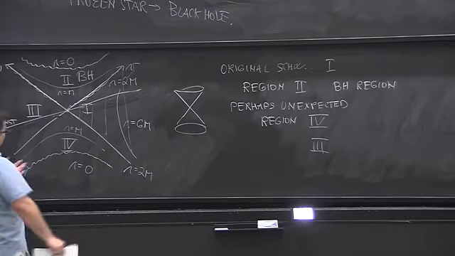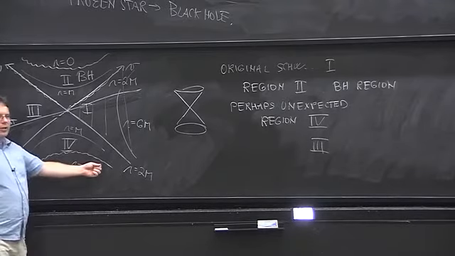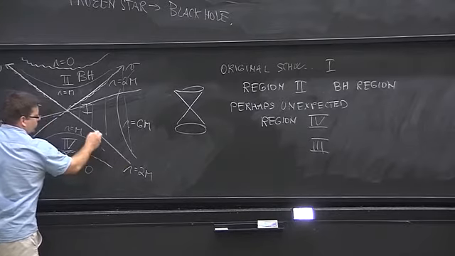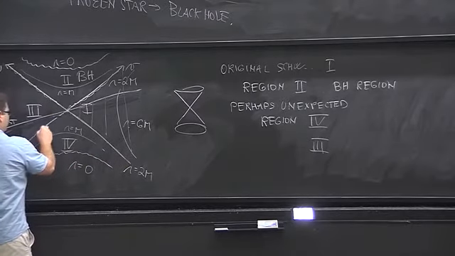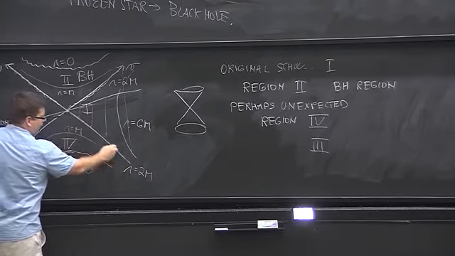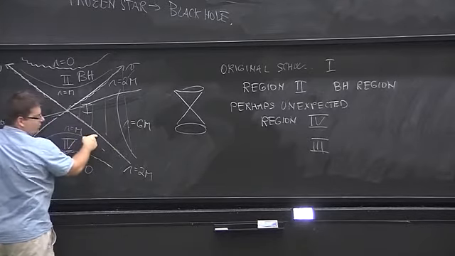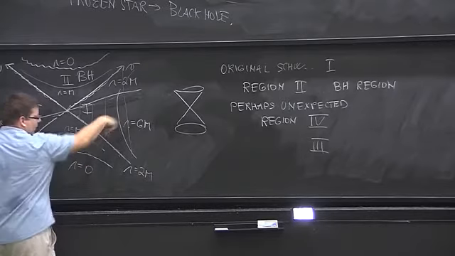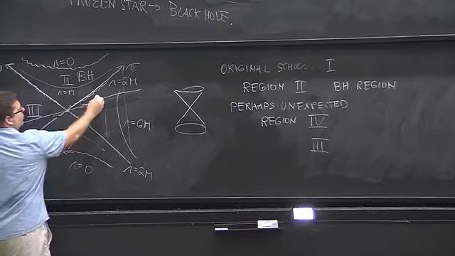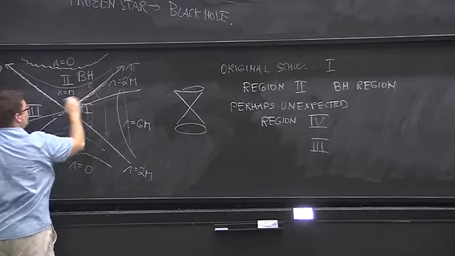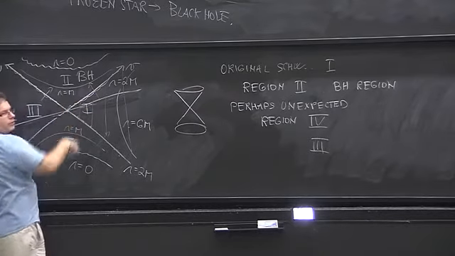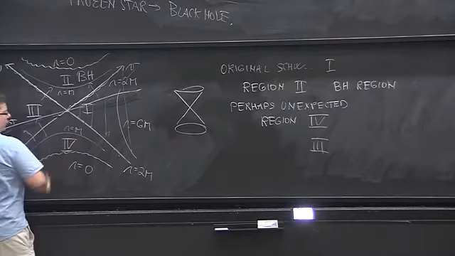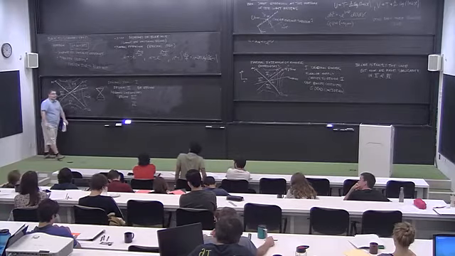Now region 4 contains the singularity again. And it has, again, the horizon at R equal to 2m. But from this perspective, for this observer, this is a past horizon. So things can go through this way, but they can never go inside. Here, the horizon is such that things can go inside, but they can never go outside. But here, things go outside and never go inside. So that's why this region is called white hole,